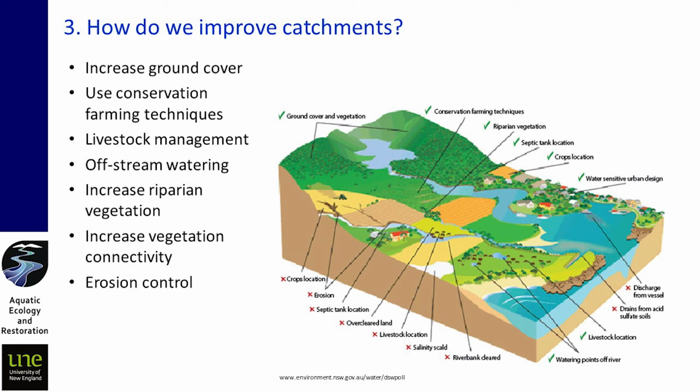Again, we've talked about livestock management, so that's management out of an exclusion from the riparian zones, but then also looking at perhaps our stocking densities and how we move them around the landscape. So whether we're grazing for a long time on a patch of land, or whether we're moving our stock around and giving those paddocks some rest. As we talked about, off-stream watering is really important because it's taking those nutrients out of the systems.